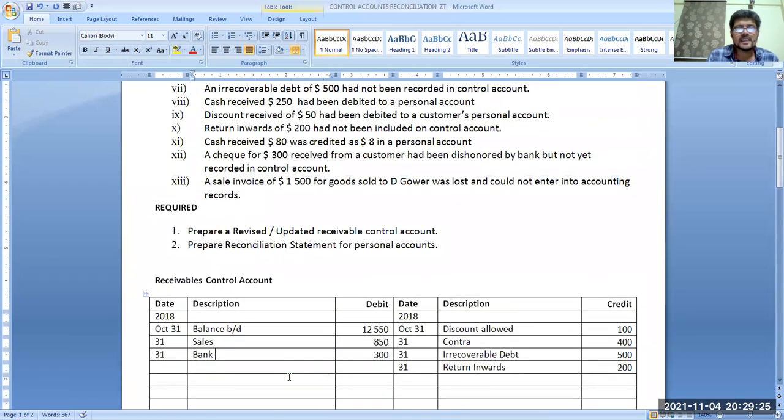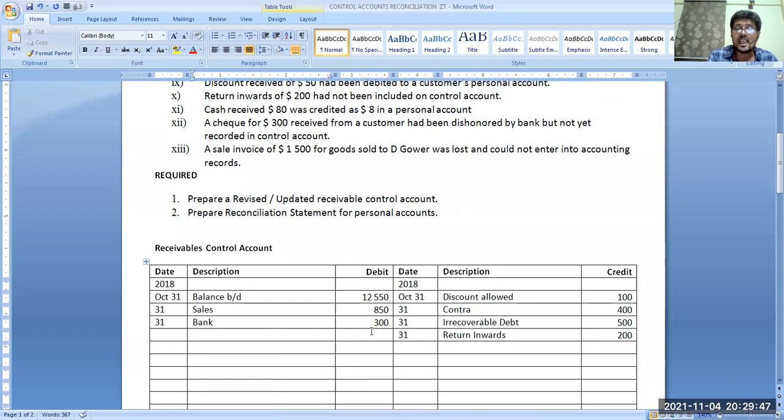What next? A sale invoice of 1,500 for goods sold to D. Gawar was lost and could not be entered into the accounts. We have to be very careful about that. This error, the invoice was lost and not entered into the accounting records. So it is a problem of both the control account and the personal accounts. So we'll write here 1,500